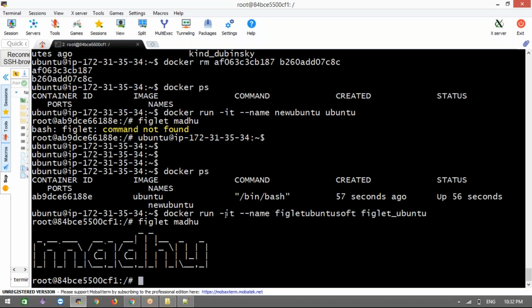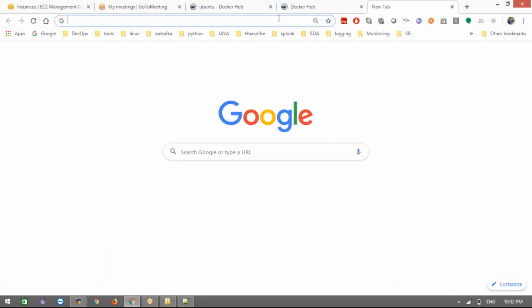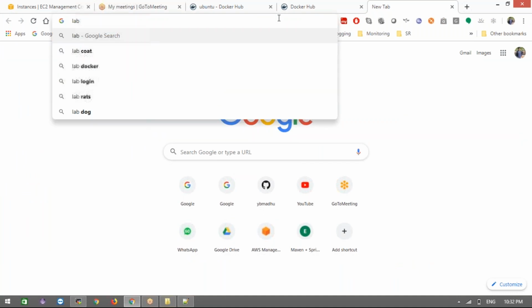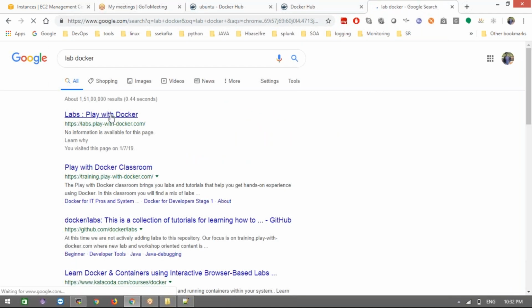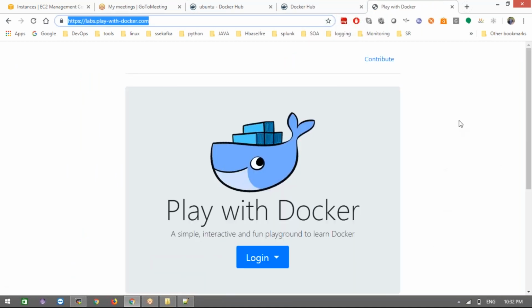Okay, clear? And one thing, for example, if someone says, I couldn't install anything, how can I practice online? I'm giving the instructions for that also. Now just simple, go here, there is Play with Docker lab. I'm going to share this website in the chat box. Take this URL, or else search for Play with Docker.